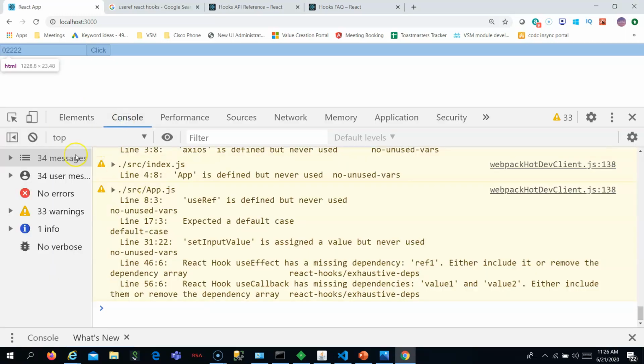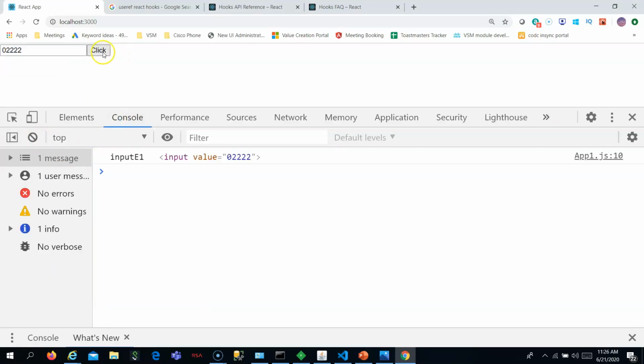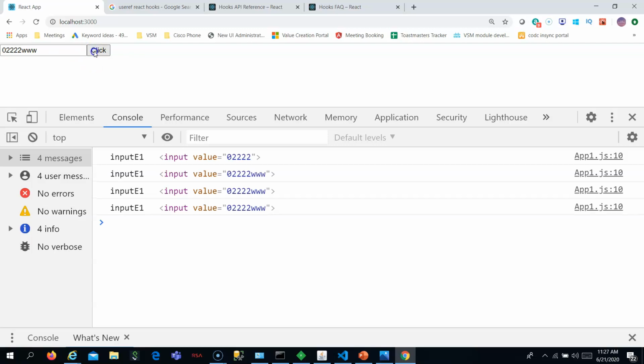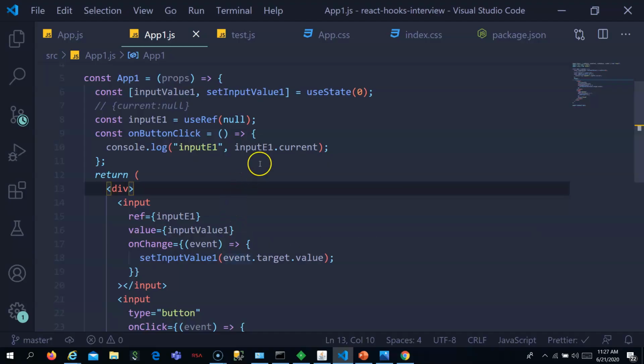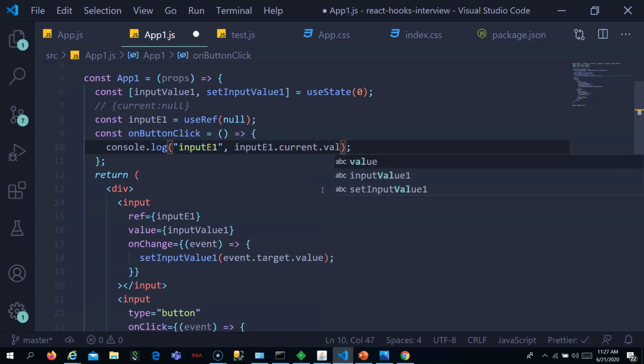If you go here and see, whenever I click, you see the inputEl current value is the input value. Whenever I change it, it changes. You can also try value here.